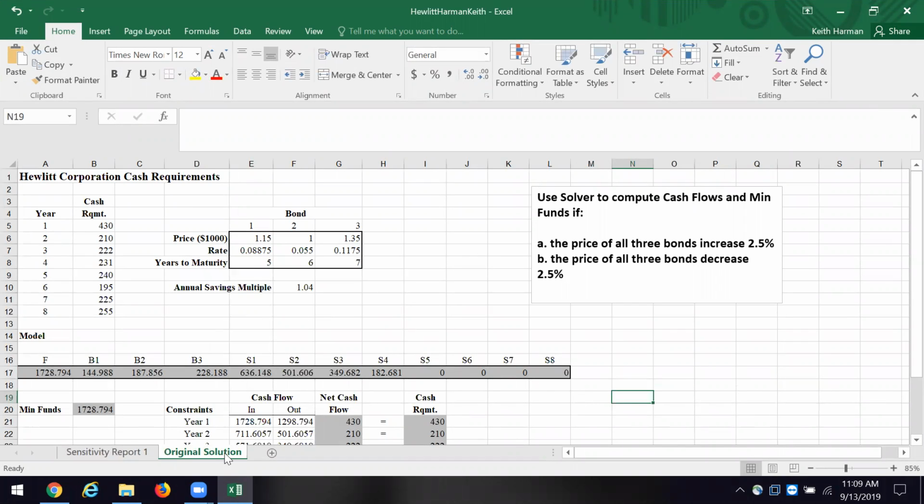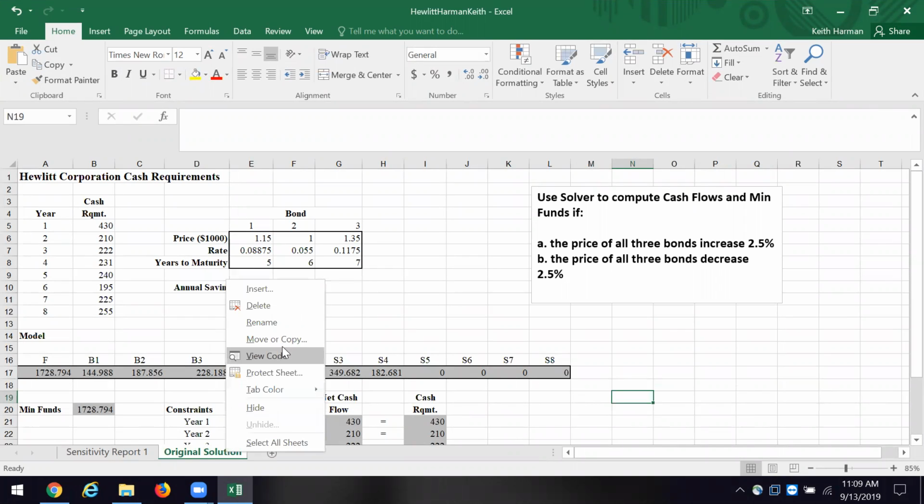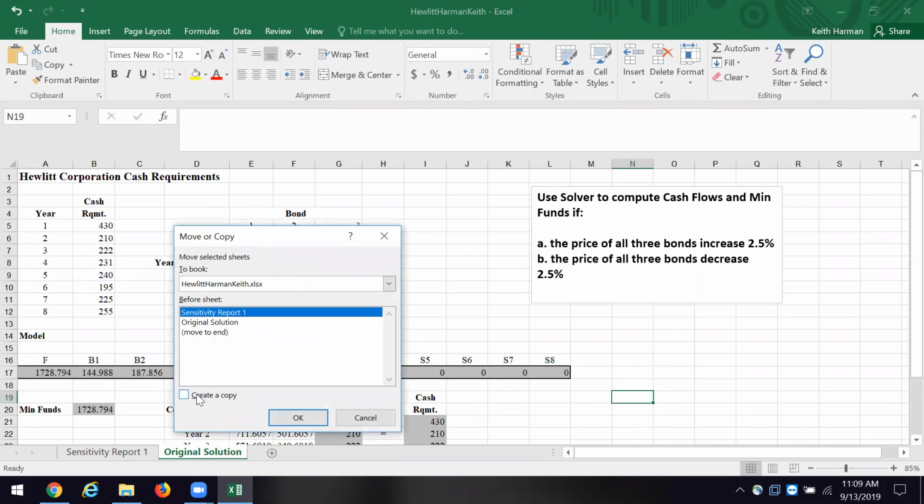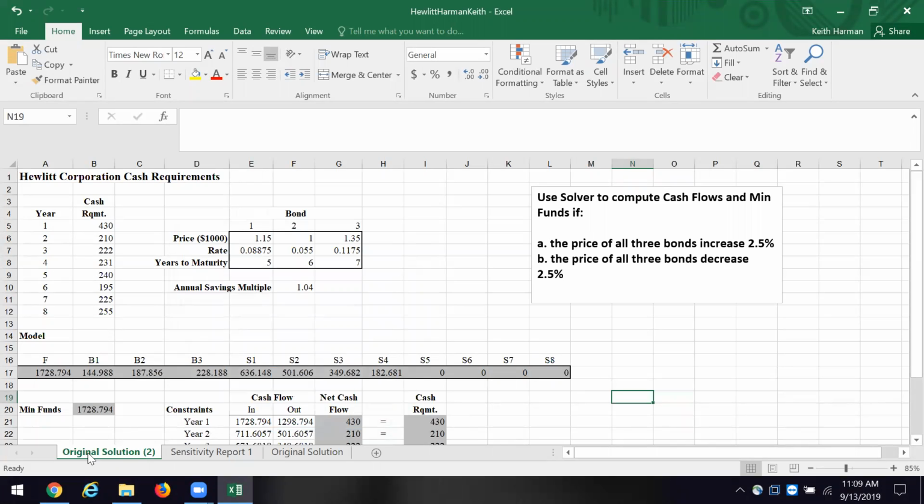Now, just for convenience sake, I'm going to do this. I'm going to copy this tab, and you'll see original solution number 2. And I'm going to rename this bond prices increase. Okay. And then we'll click this tab. Then we'll go back over here,